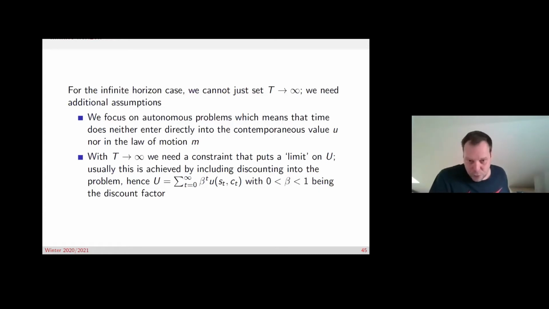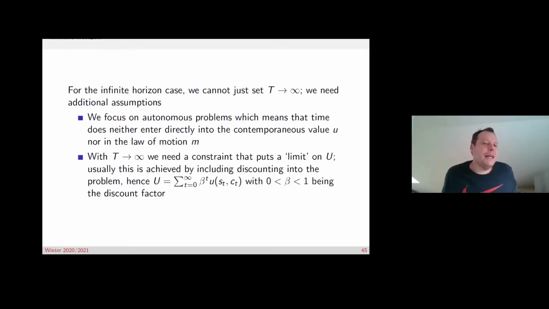We somewhat have to make sure that this is the case. As I said, in the problems that we encounter, this is usually the case. So I'm just telling you that you are aware that this could be a problem. Okay, but this is not necessarily always the case. Another assumption that we make, and I think it's crucial for the arguments that we will